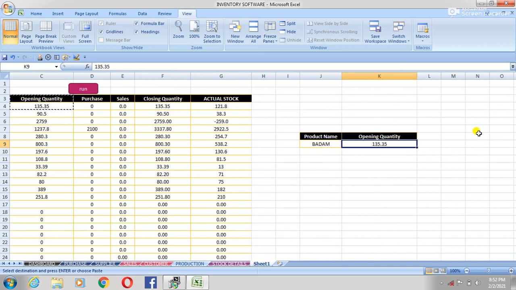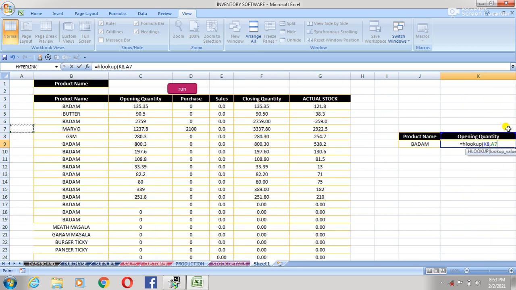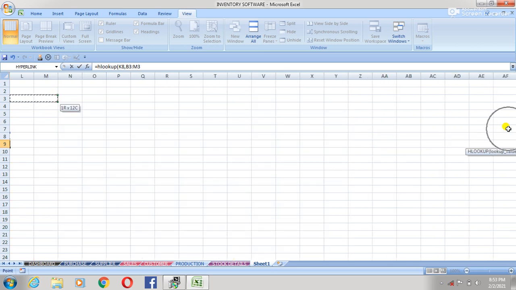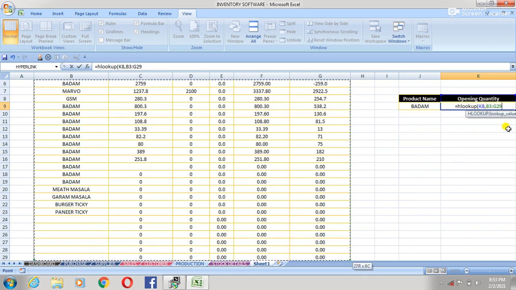So first, HLOOKUP is equal to the HLOOKUP function. Okay, the lookup value is this, and the table array is from here to there. Okay, that's it.